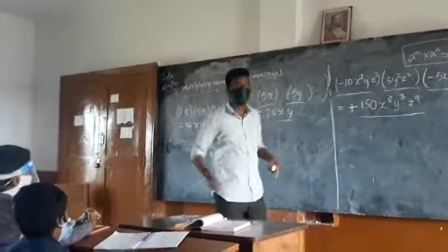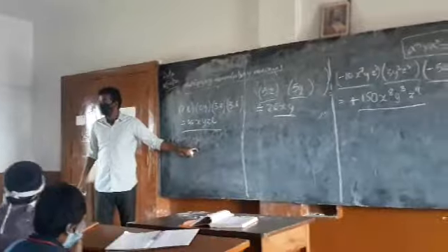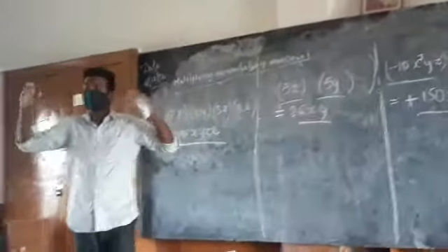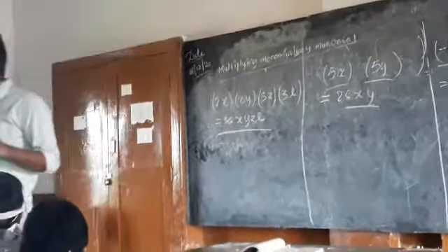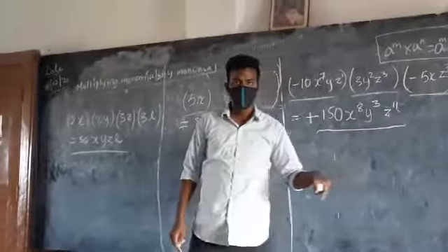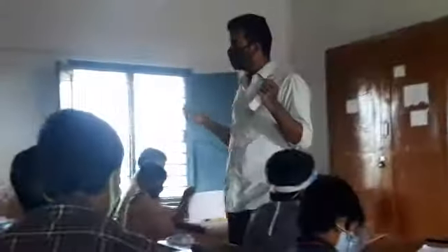But every time I am getting the result as a monomial. So you are going to focus that how many monomials you multiplied doesn't matter. You will get the answer as a monomial at last. Okay? The result in this is a monomial, this is a monomial, this is a monomial. What do you get as the answer if you multiply monomials? Monomial you will get. Okay? That is what I am going to say.